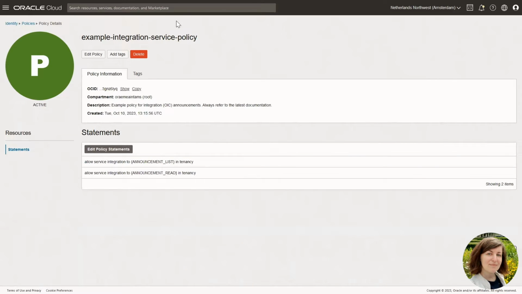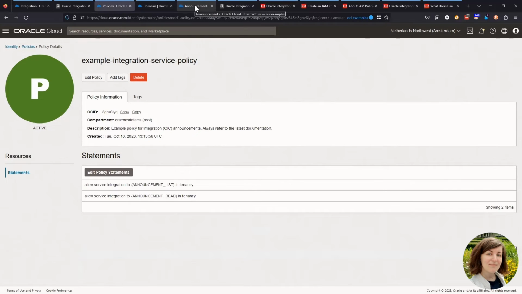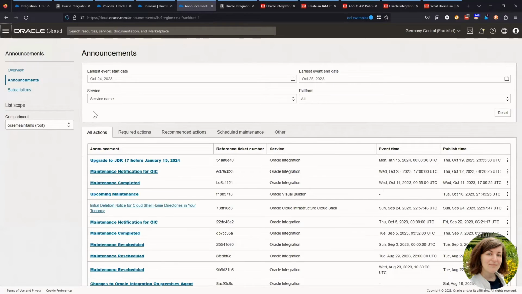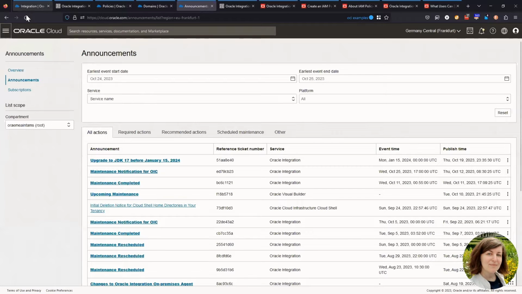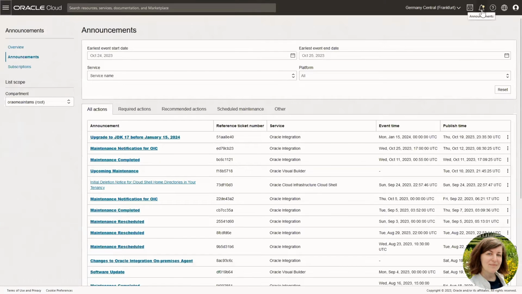A quick word about these console announcements. The announcements are available from the Oracle Cloud Console when you click on the bell icon. The tenant administrator will receive them by email, and other users may be given permissions to view the announcements from the console.